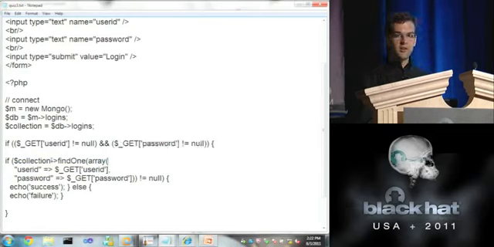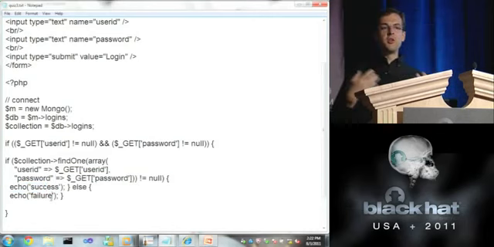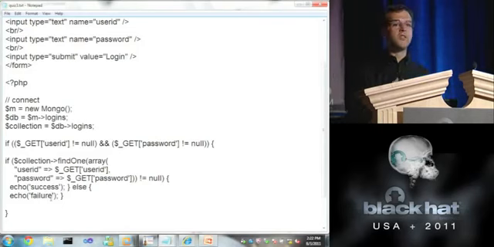and then we're looking in our collection. So what we do is we say, OK, we have a new instance of Mongo. I want to go to the logins database and the logins collection within the logins database. I'm going to look for a document within that collection of logins where the user ID is the specified user ID and the password is the specified password. And if at least one of those documents matches that query, then we just cheat here and let the person in. Otherwise, you're rejected. So this is the Mongo NoSQL equivalent of select star from login where user ID equals X